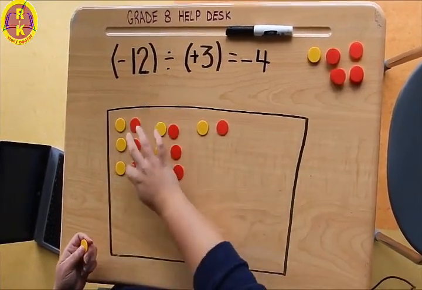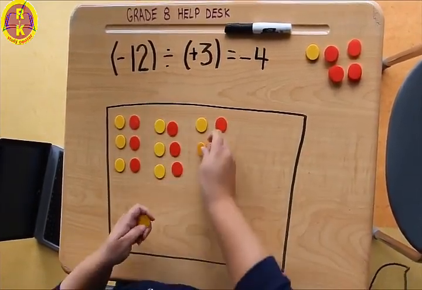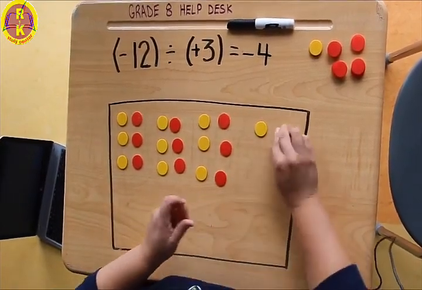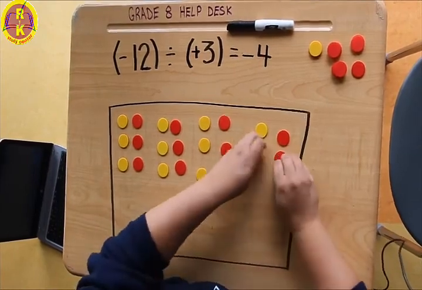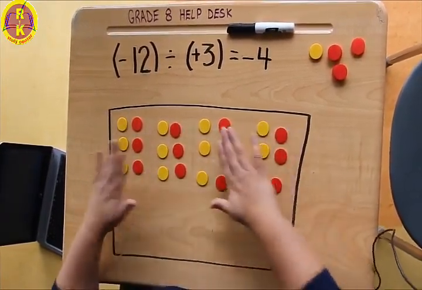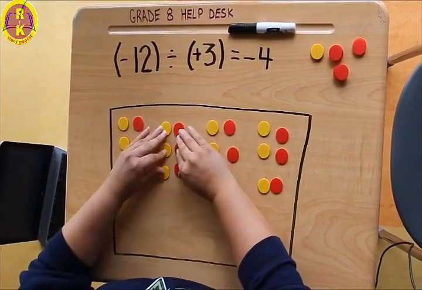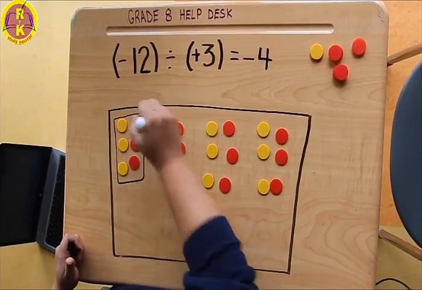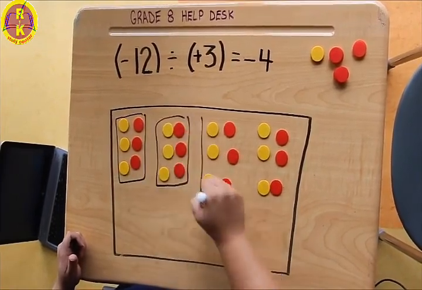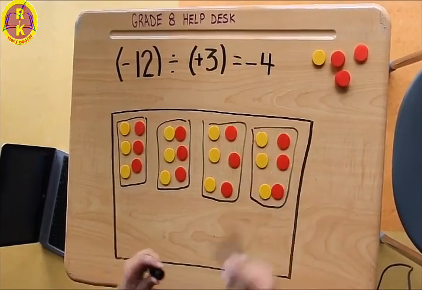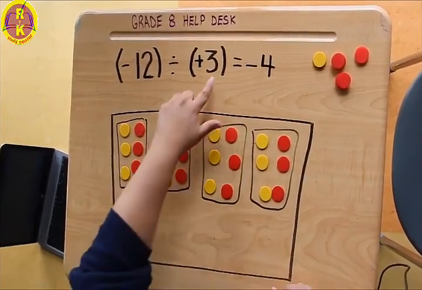So right now I have 1, 2, 3, 4, 5, 6, 7, 8, 9, 10, 11, and 12. So actually what I have in the bank right now is 0. I have nothing because these 0 pairs cancel each other out. What can I do so that I end up with only 12 red tiles in the bank